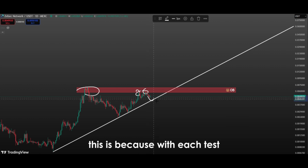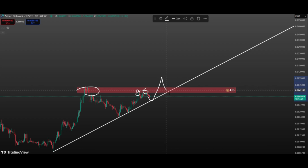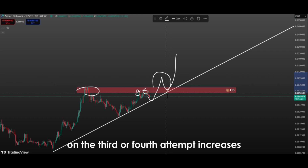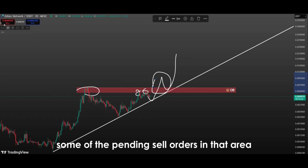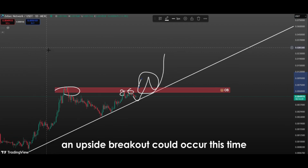This is because with each test, the sell orders in that zone are partially consumed and buyers' pressure relatively increases. The fact that the price has touched this order block twice actually suggests that the probability of a breakout on the third or fourth attempt increases. Each touch removes some of the pending sell orders in that area. This means that if the price tests this level once more and buyers remain strong, an upside breakout could occur